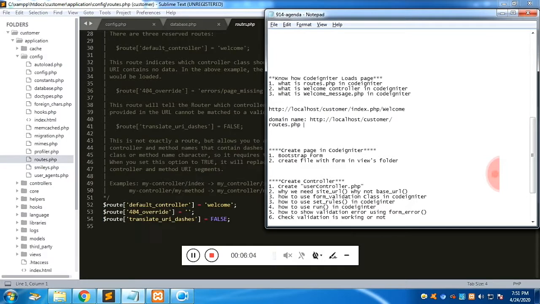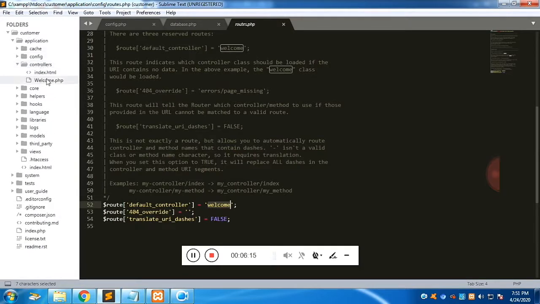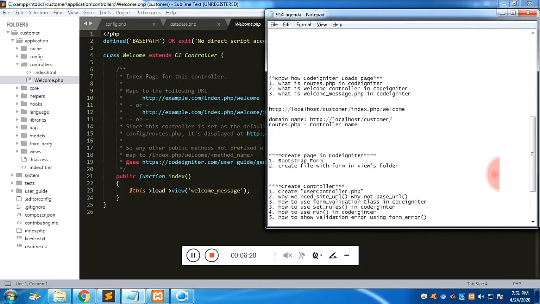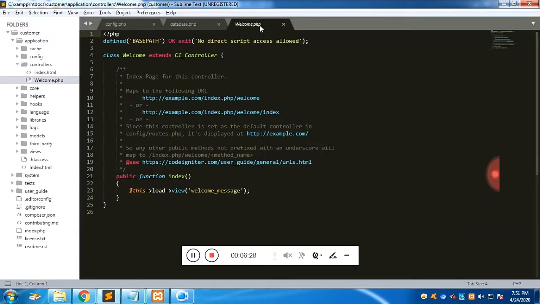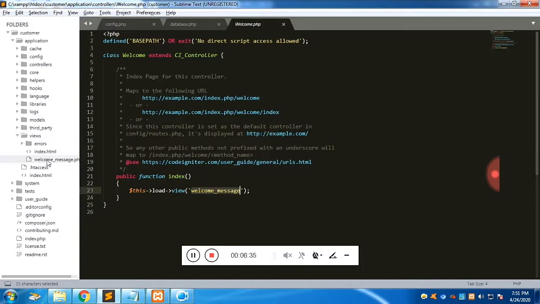Fine. We will get the controller name. This is the controller name, Welcome, and you can find the controller in the folder called controllers. The controller welcome.php is the controller. Once we get to know the controller page, the controller page will run the view. Here the view, or you can say the web page, is simply welcome underscore message. It is loading the welcome underscore message page. You can find it in the folder views.